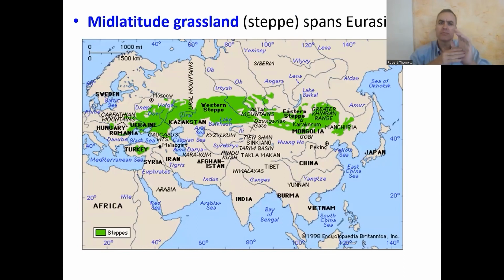Those prairies, that prairie or steppe, the short grassland, which almost looks like a carpet from a distance, goes all the way across Central Asia, all the way from Mongolia, all the way through Russia, and even into a little bit of Eastern Europe, like Ukraine. And that's one of the reasons why Ukraine is a world leader in a lot of these crops, like sunflower seeds, for example, and wheat and things like that, that you just grow over these massive grasslands.